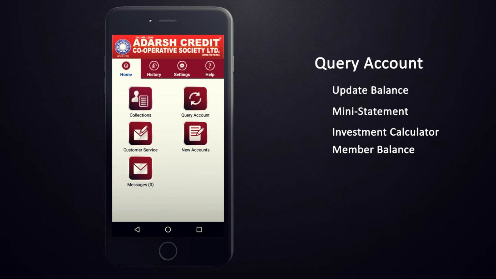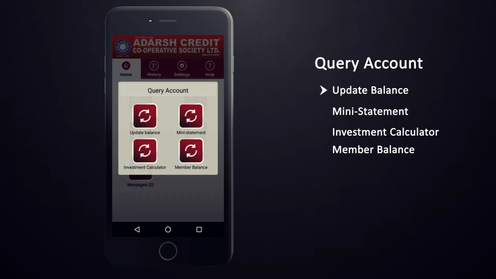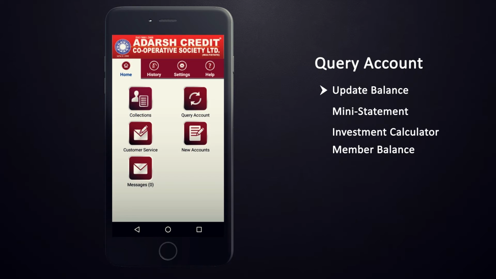To raise a query towards your balance statement on investment queries for members, tap on the Query Account icon. It is mandatory to update your balance every time you log into the application. Now, tap on Update Balance tab.